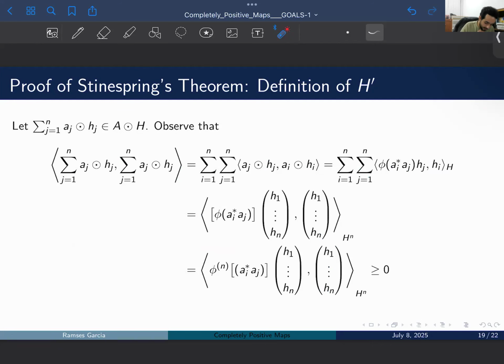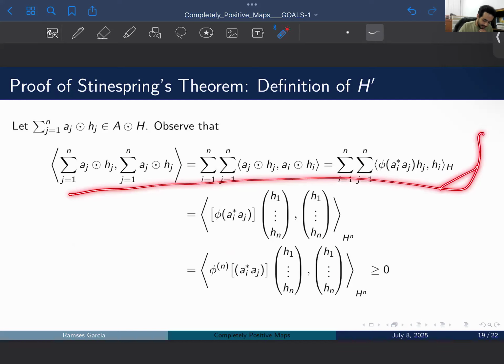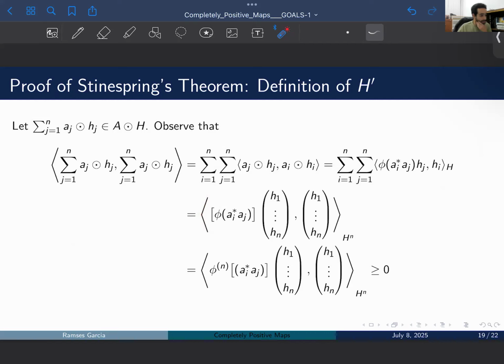We already know this equality, and a direct computation shows that this is equal to the following inner product. We need to change the inner product. Instead of working in H, we work in H^n. H^n is again a Hilbert space, and this is equal to this matrix on this vector times this vector. But by definition of the amplification, this is equal to phi n on this matrix,